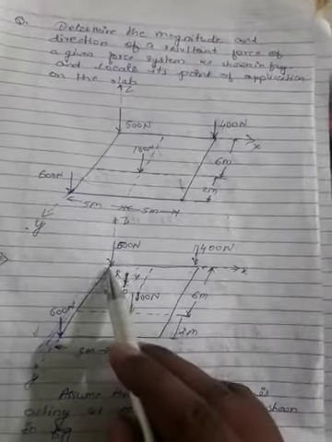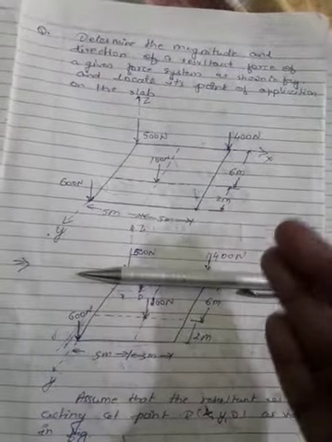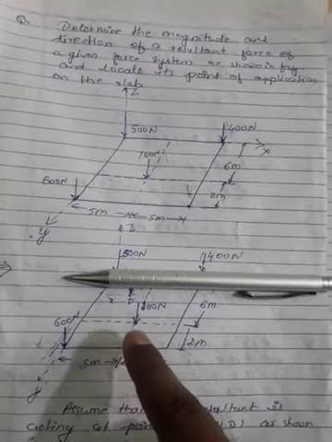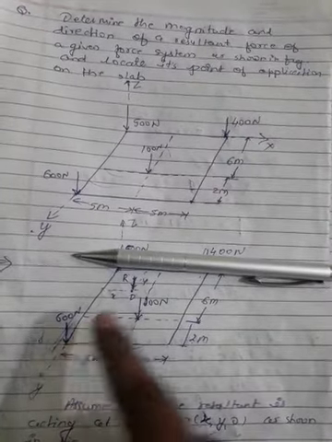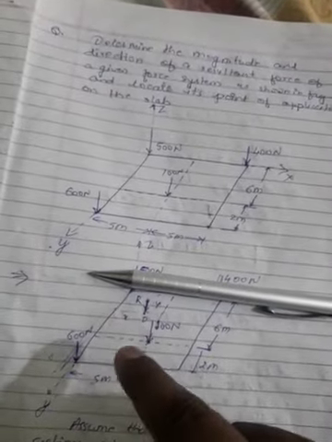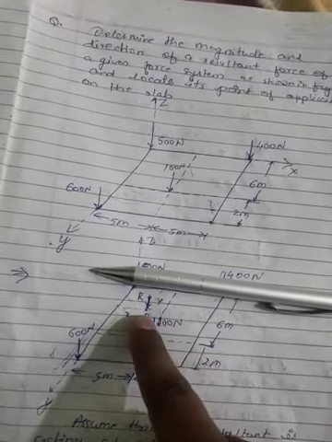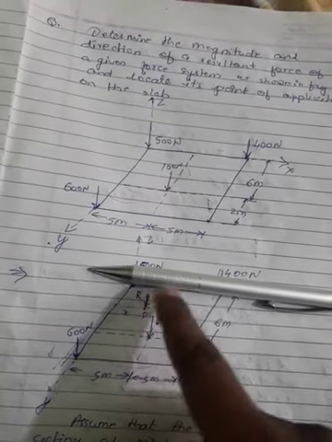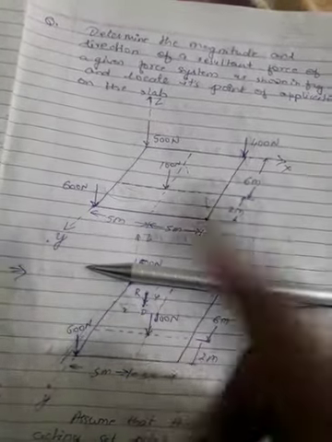Now you can see here this 500 Newton and this 400 Newton. You are taking the moment along this x-axis, and they are on the x-axis, so the perpendicular distance will become 0. Only the forces 600 Newton and 100 Newton remain. If you put your hand here and rotate the forces in the arrow direction, this 600 Newton will rotate in anti-clockwise direction. This 100 Newton will also rotate in anti-clockwise direction, and so will the resultant at point D, for which there is a distance, which is nothing but the y distance here.